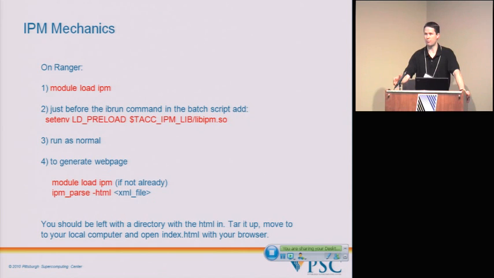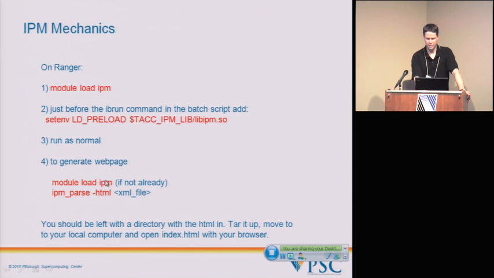This is an example of how IPM works, just to show how easy it can be on Ranger. There's a module for IPM, and you load it, and then you just run your program, basically. But before you issue the MPI run command on some other machine, but it's ibrun on Ranger, you just set this environment variable. And then you run your code as normal. So it doesn't get much easier than that. You load a module, set an environment variable, and then just run. And then at the end,